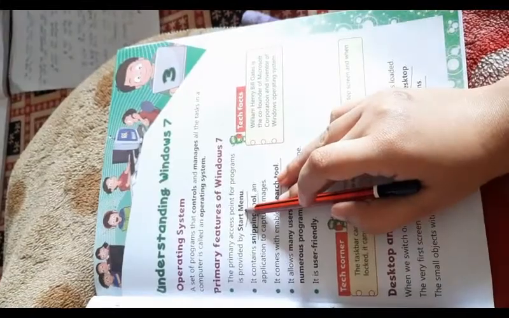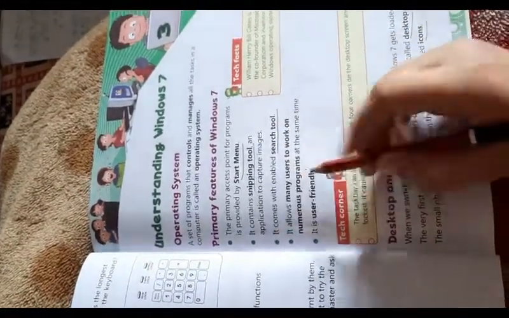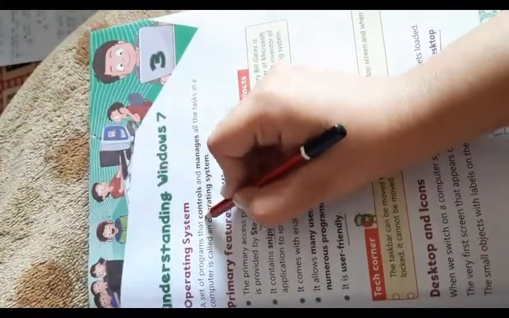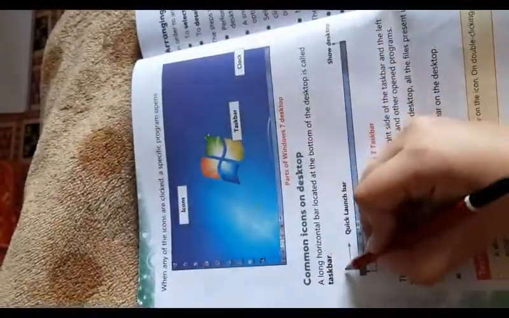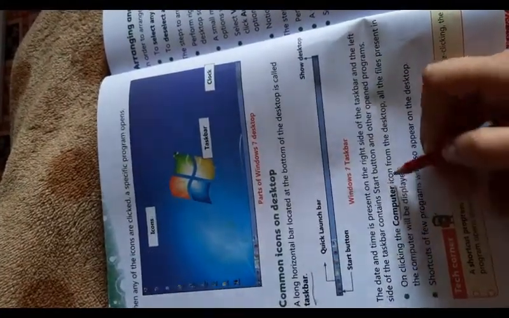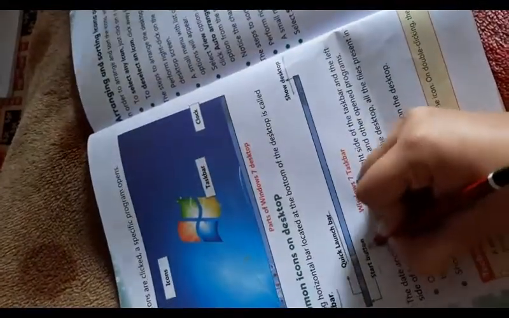First is start menu, snipping tools, search tools, friendly, desktop, icons, control, manage, operating system, taskbar, computer, show desktop, quick launch bar, start button.